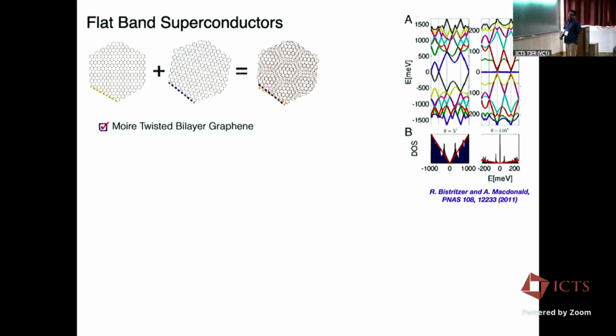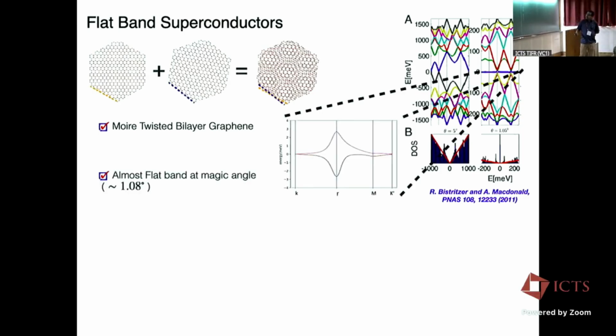Okay, so there are these magic angles, around 1.08 degree, where you end up having a very, very low bandwidth of the system. In fact, if we just push this out, bring it up, you will see that in the non-interacting calculation, the bandwidth is essentially about 2 millielectron volt, 3 millielectron volt. With interactions, experiments probably see around 10 millielectron volt, 15 millielectron volt. But this, of course, is a completely new scale for doing condensed matter. I mean, normally, you're not used to looking at bandwidths of 10 millielectron volt in standard condensed matter.